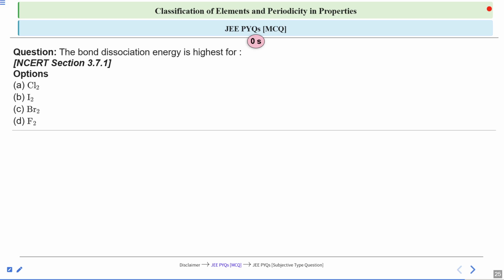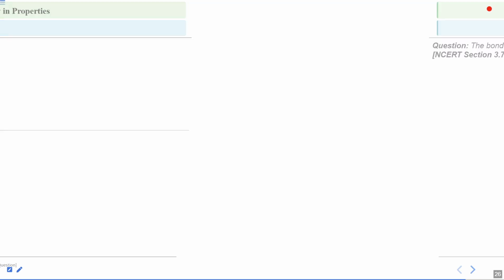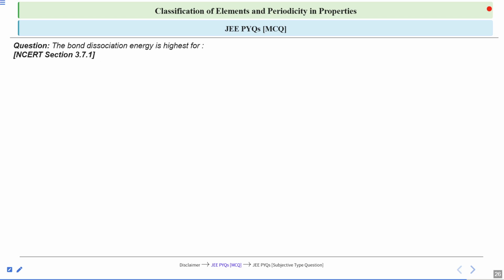So, the most expected answer would be, so if you just follow the normal trend, then the answer would be fluorine. Okay. Now, for those who have solved it for fluorine, no problem. So, it is wrong, but still we will talk about that. Okay. So, learning from your mistakes is the greatest weapon, okay, from your examination point of view. So, coming back to the question, chlorine will be the correct answer. So, that would be option number A. Now, how is that so?